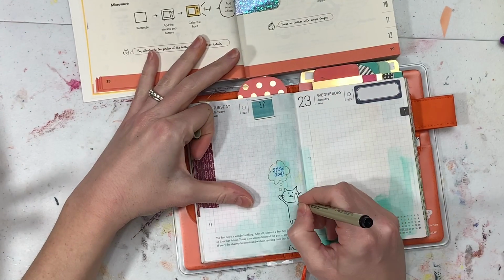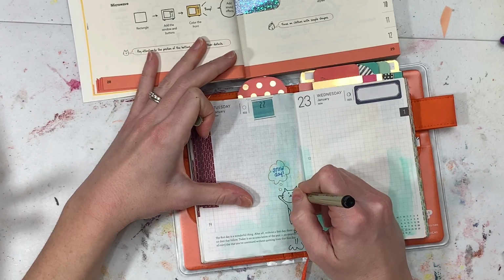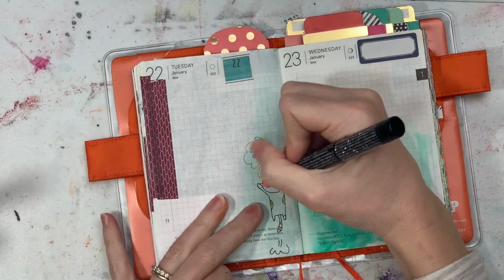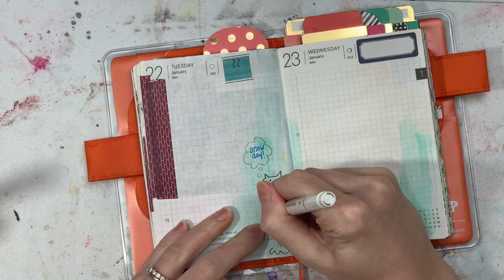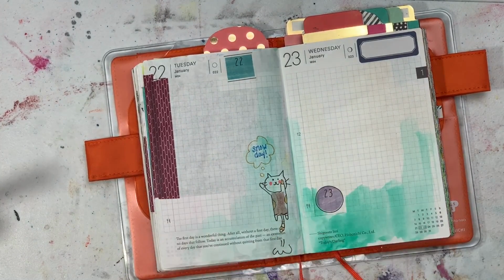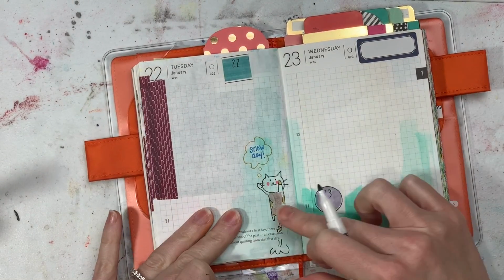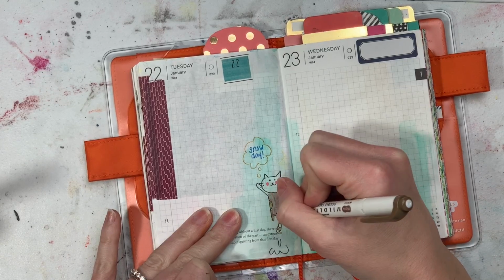But then Henry came over and he said, why is he tooting? Well, that didn't occur to me before then. So anyway, I'm coloring him in. I used my Posca to give him some orange spots. And then I colored him in with my brown Mildliner. I just wanted a happy animal